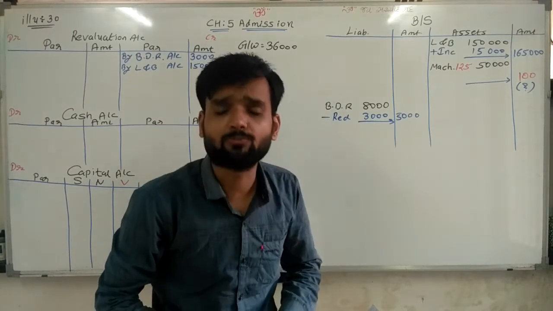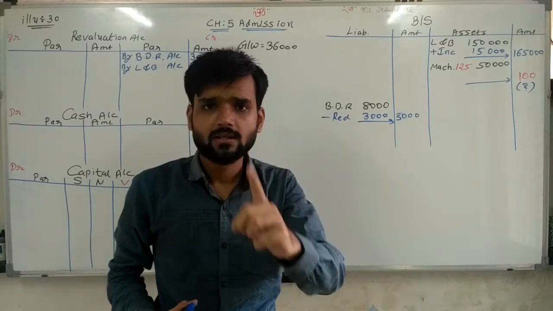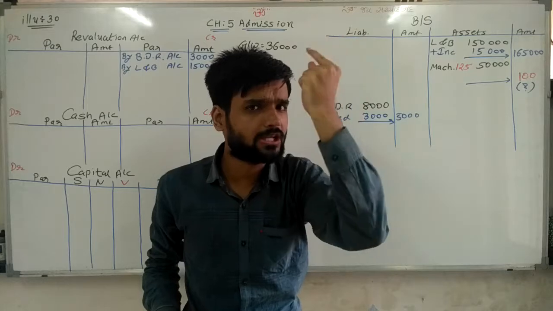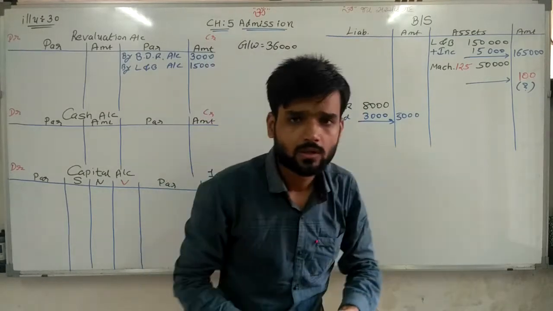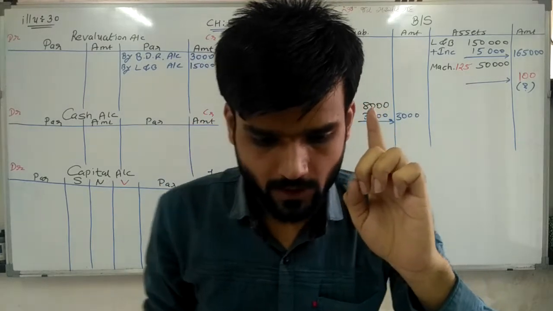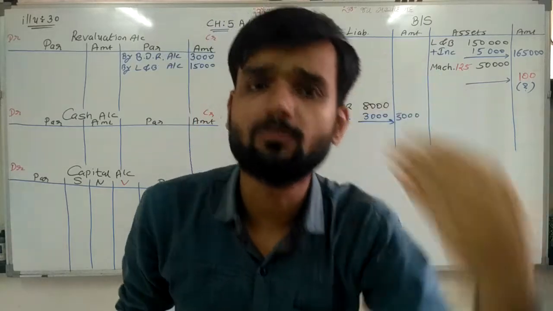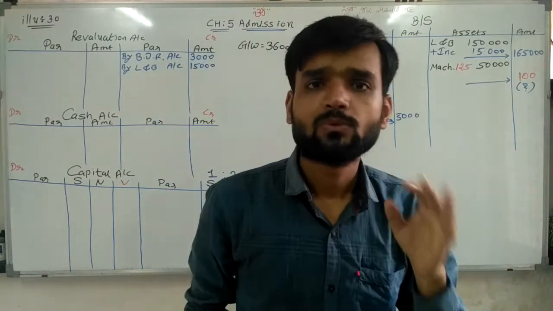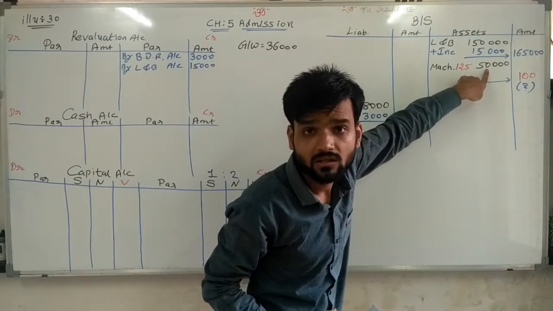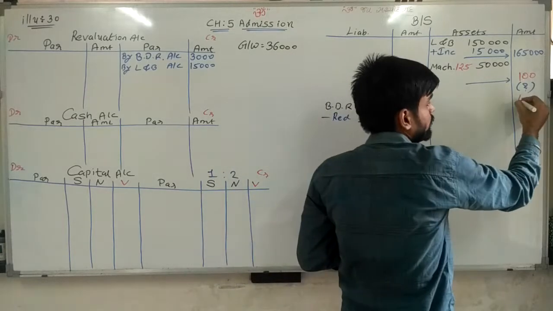This is the most important one in this sum. One more thing is also there, but this is also important. Again, I am repeating, try to understand. The adjustment given, I am reading again: book value of machinery is 25% more than market value. This book value of machinery is 25% more than market value. Actually, the market value we are writing here.